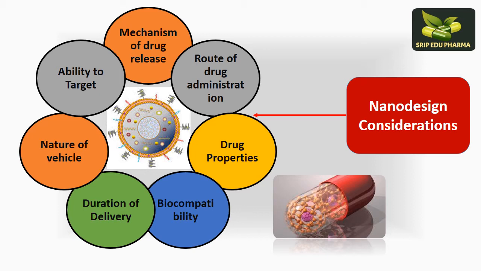Then drug properties. There are a number of properties like solubility, and certain pharmacokinetic properties which lead to lower drug absorption. At that time we need to formulate our drug in the form of a vesicular system which can incorporate our drug inside our body with good solubility and a better pharmacokinetic profile. Then biocompatibility. In order to improve the drug biocompatibility, we can also use nanostructures. Then duration of delivery. This is the most important thing.